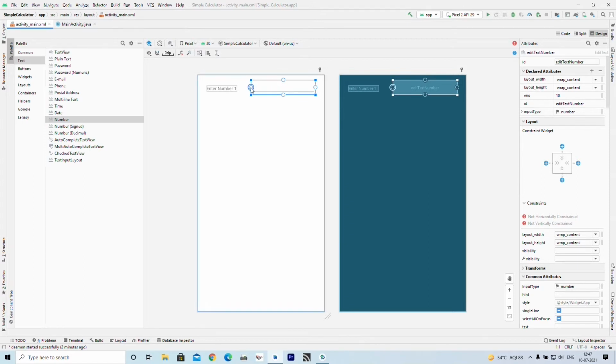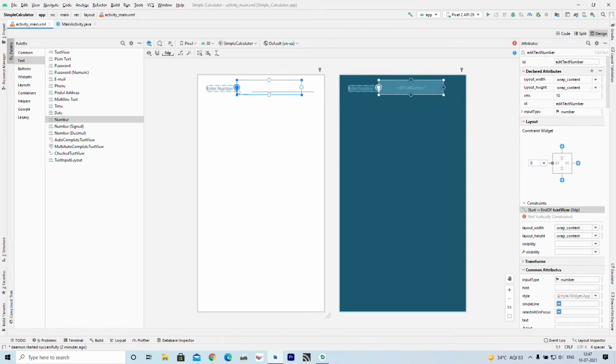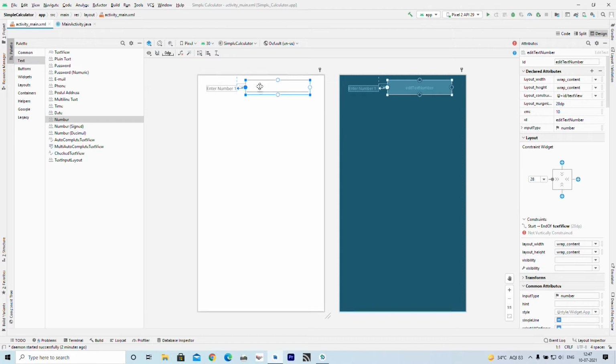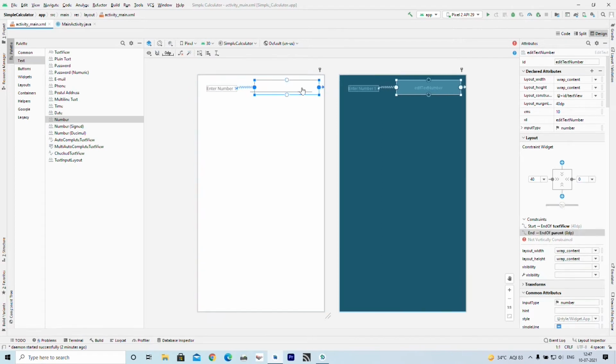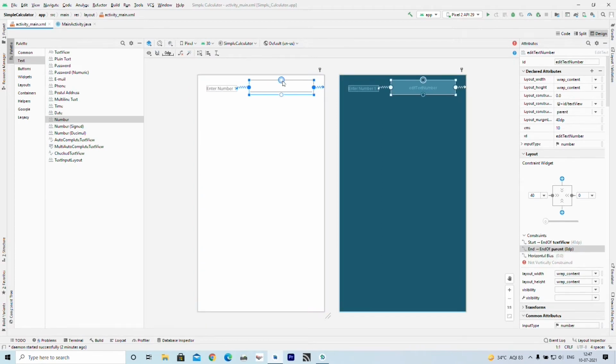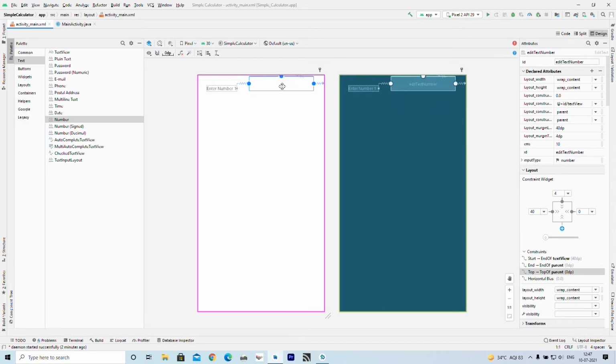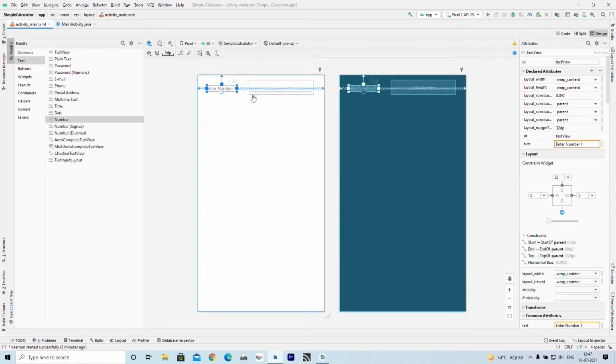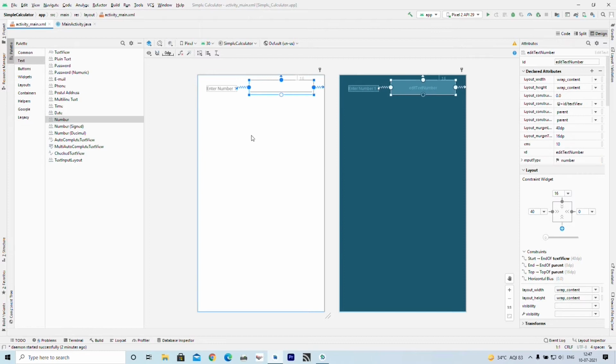Now I also have to put a constraint, so now it will not move at runtime, otherwise it will move to the 0 0 location, right.